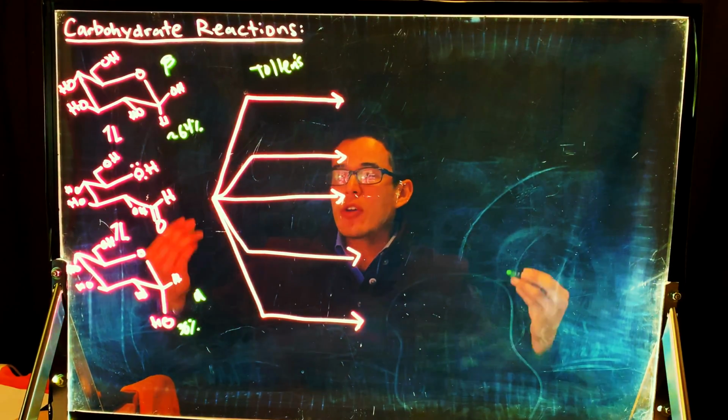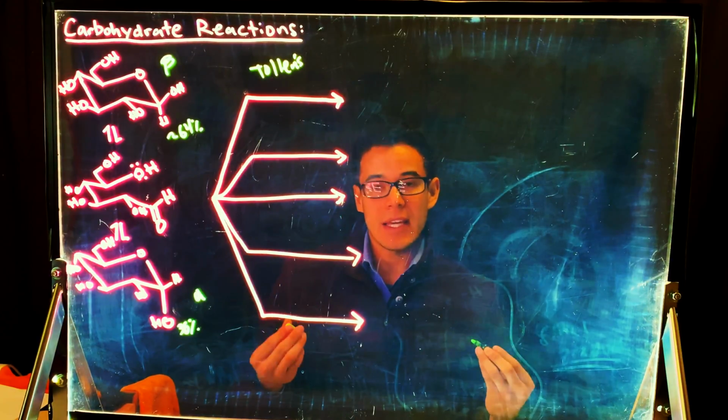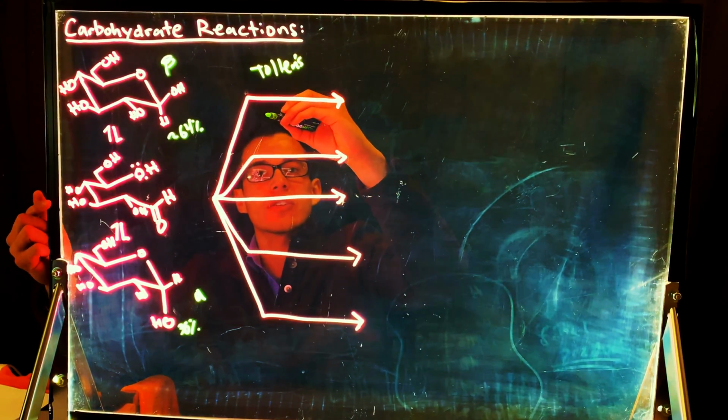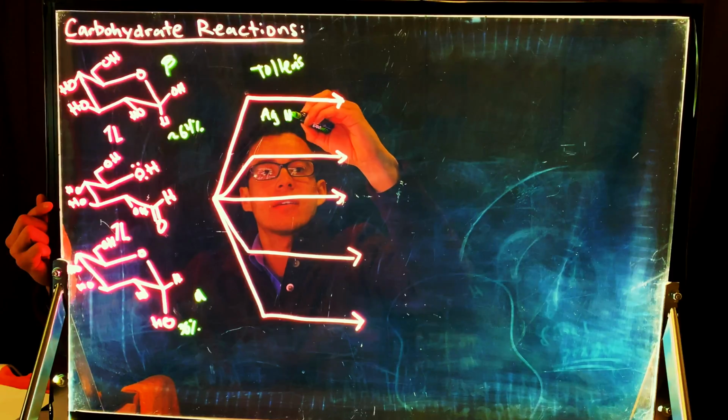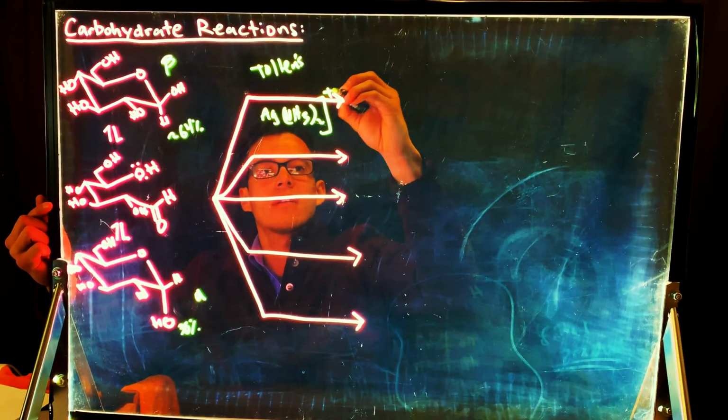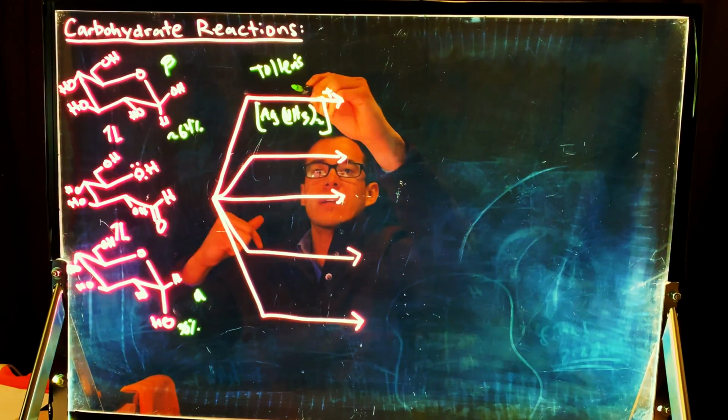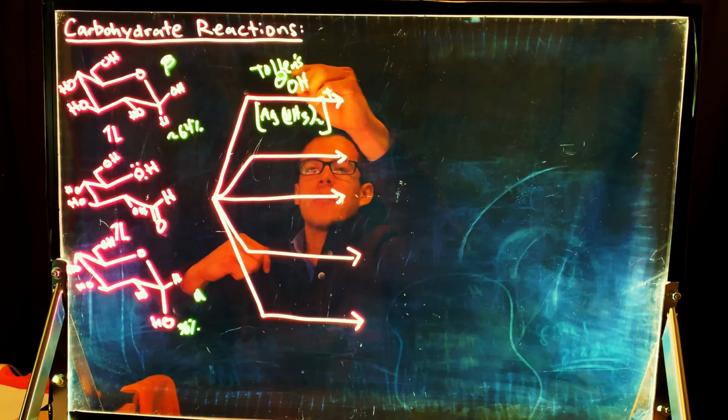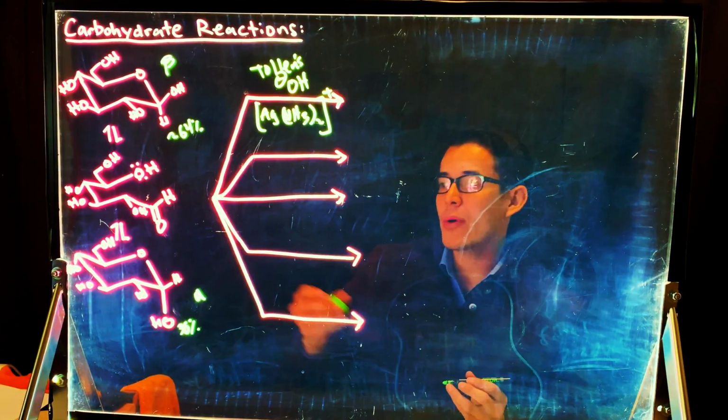reagent. Tollen's reagent is an oxidizing agent. So Tollen's reagent looks like this, and we're going to also react that with some OH minus. Now, I'm not going to show the mechanism for all of these, but I'll go ahead and show the mechanism